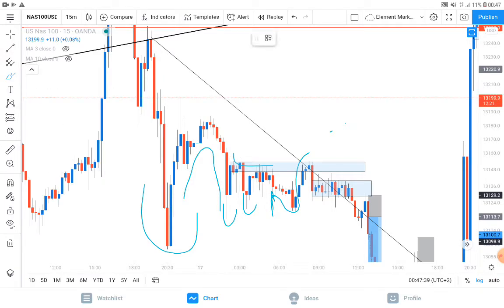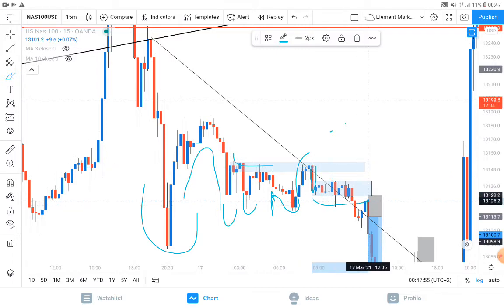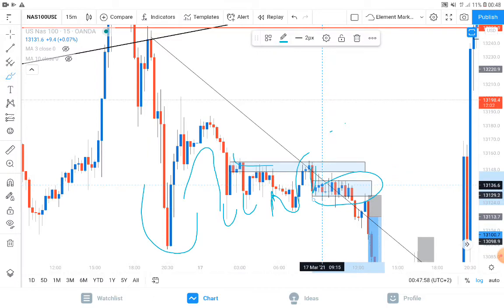So after this bearish engulfing candle right here, it started to consolidate. Now that was where I placed my buy order right down there, and the market just didn't want to push up. And I think there was a big battle between buyers and sellers. This whole zone here was a big battle between buyers and sellers, and they fought for like 2-3 hours, and